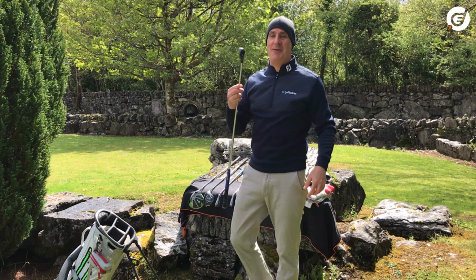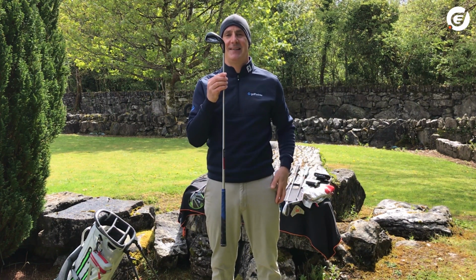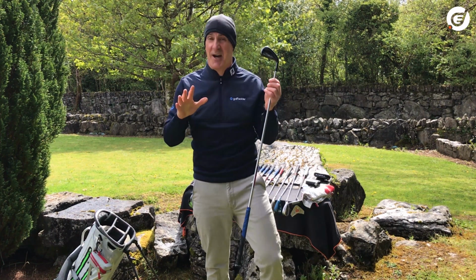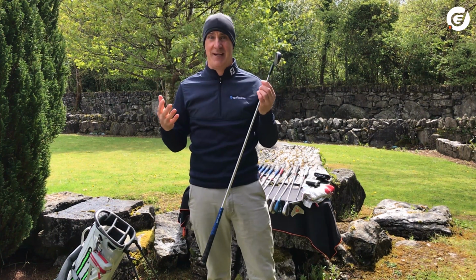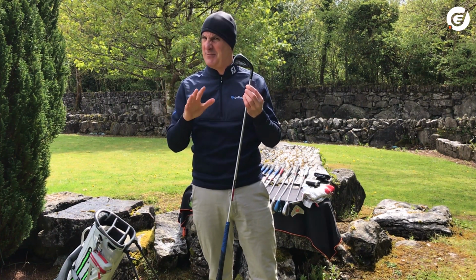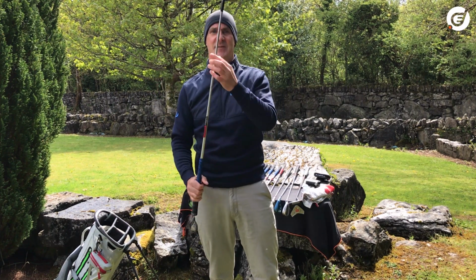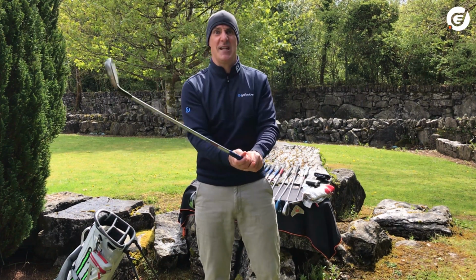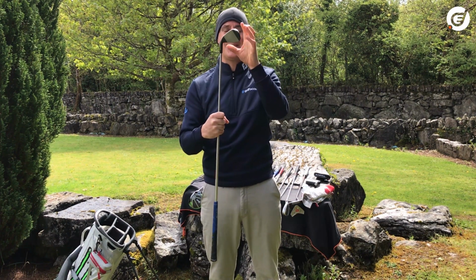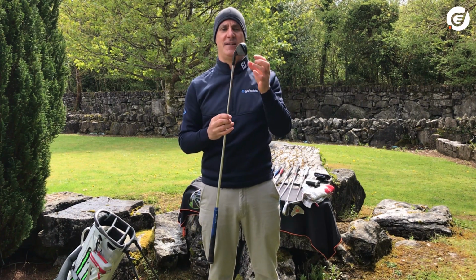Well, I was searching around in the warehouse one day, and I came across these XR Steelhead Callaway. Now these are pro irons, but I am by no means a pro. I've always been between 3 and 6 handicap. 2.5 for a couple of years was probably my best, but absolutely no way a pro. Always loved cavity back, always loved a bit of offset, because I'm one of these wristy thumpers of the golf ball, and these XR Steelheads absolutely suit that down to the ground, because there's lots of offset there, there's loads of cavity on the back,